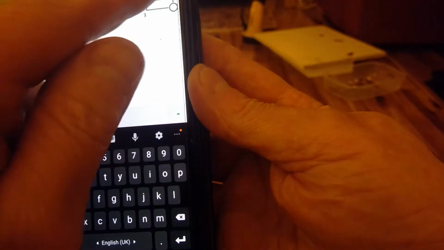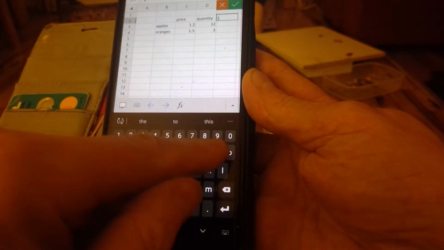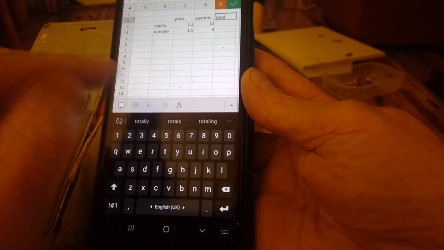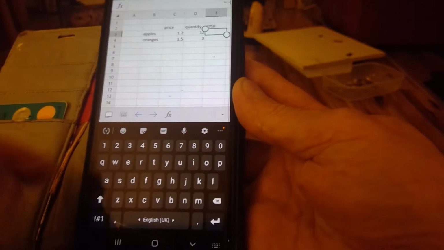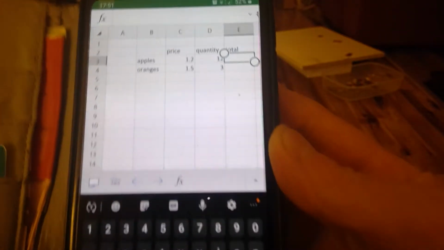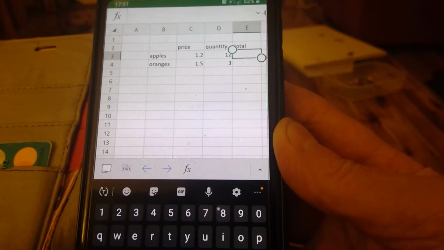Okay, now, let's just say I want 12 apples and I want 3 oranges, okay? Click on the next one. And this is where I'm going to put my total. And then I'm going to work out my maths. So this is where I need to do my sum. Okay. So I'll click